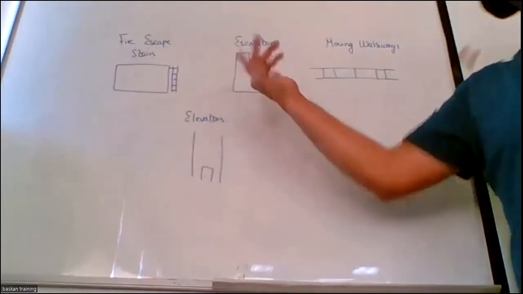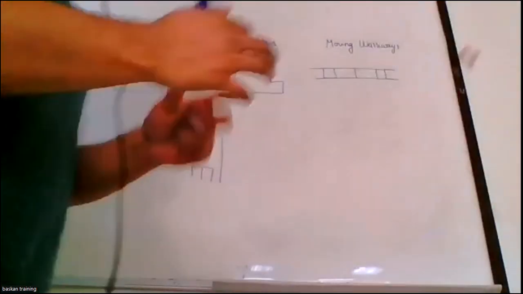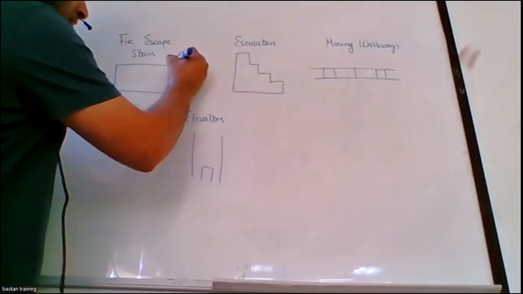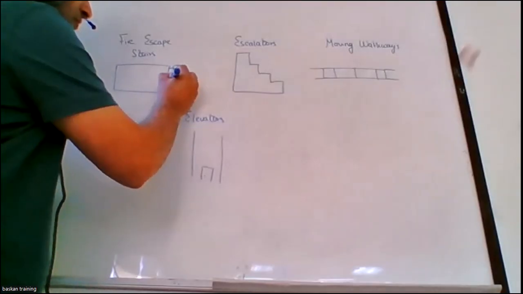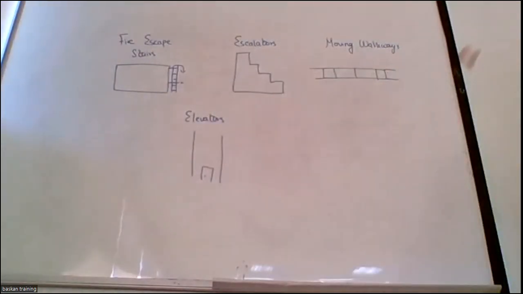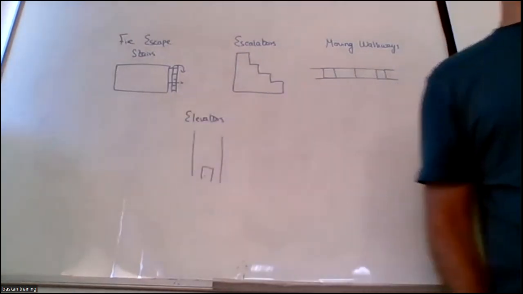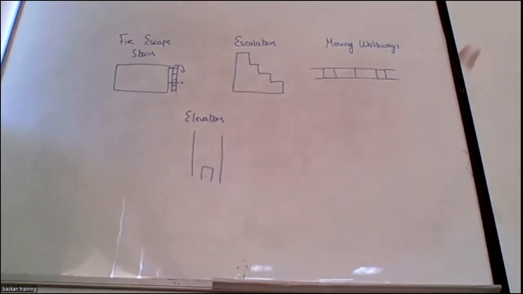Fire escape stairs, it's obvious. Why? Because if you are evacuating from the bottom, anything can fall from the top, or fire can break out in the middle. Of course, you cannot escape, so you get trapped there. Whenever there's a closed compartment and a window breaks, a big pressure of flame comes out. A vortex of smoke or flame may come out, so it becomes difficult for you to escape. That's why fire escape stairs are not considered as means of egress. As per NFPA 101, it's a very poor substitute for means of egress. Escalators.